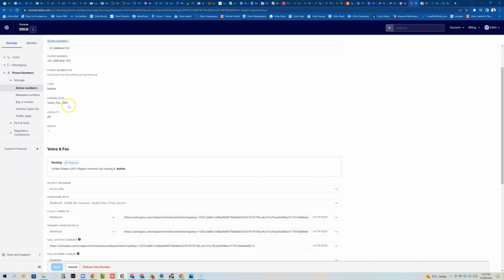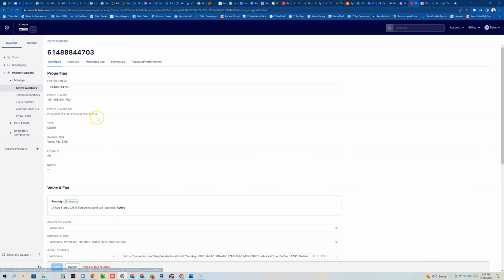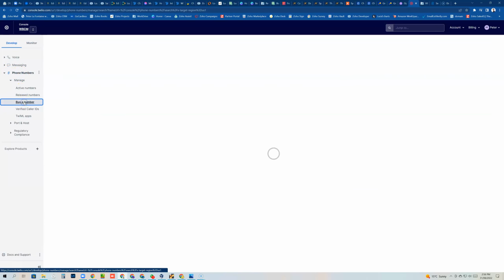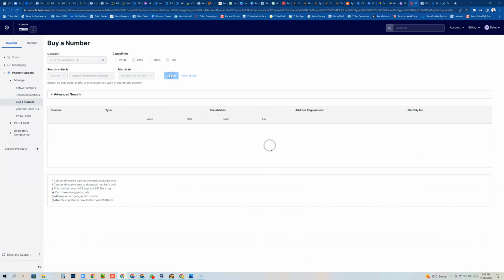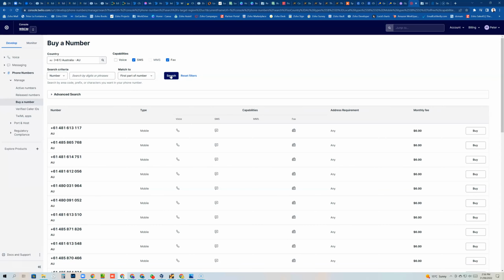So you need to create your own mobile phone number if you don't already have a verified or active number. And to do that, it's quite simple. All you need to do is come to phone numbers, click buy a number, and then you can search for your numbers here. As long as you make sure that it is SMS capable, so you can see all of these numbers are SMS capable and you can buy them,